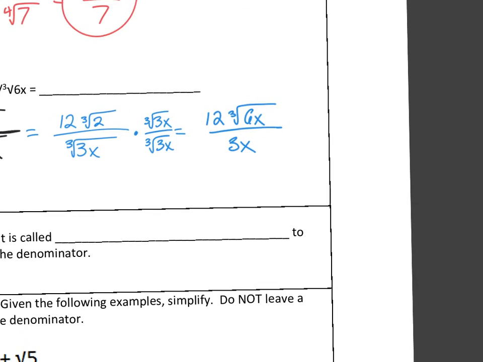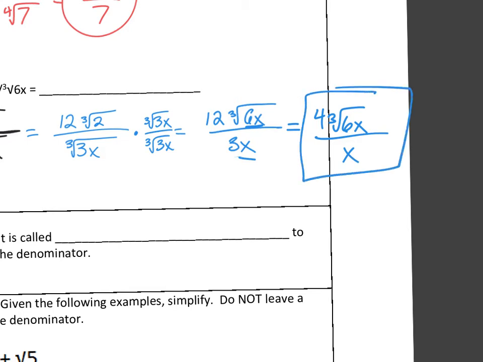So I can't simplify what's inside this with what's not in a radical, right? Because I don't have a radical on the bottom. But what about this 12 over 3x? Can that be simplified? Yeah, what's 12 over 3? 12 divided by 3 is 4. So I can leave that 4 up here with the radical. And in the denominator, I still just have that x, right? So I'll leave that down there. Questions on that? Okay,